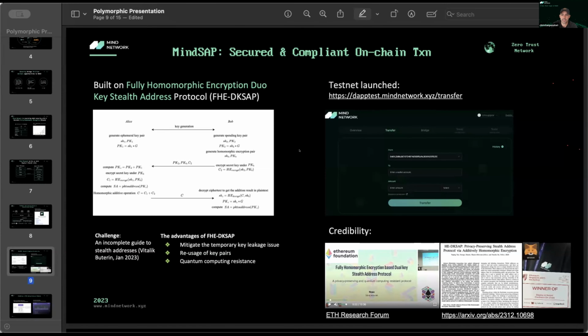So FHE now generates the key pair and stores them locally on the client side, and now users have the ability to send and receive transactions both on a single chain like Ethereum or cross chain, from Avalanche to Sui or Solana to BNB, and in an untraceable yet verifiable way. And so that's a key difference too, is that FHE is much better accepted by regulators. It does add privacy, but it is verifiable.